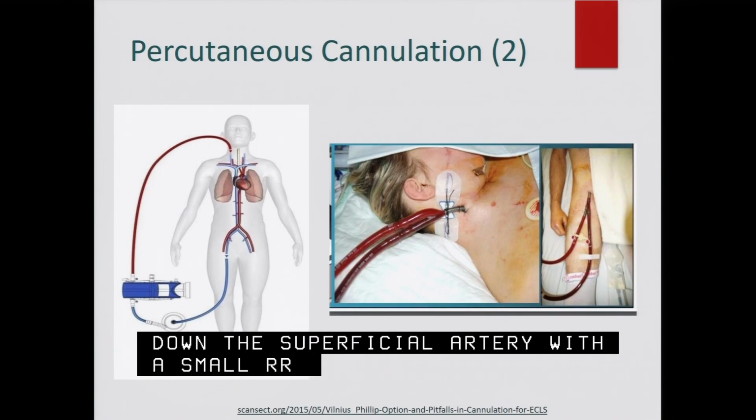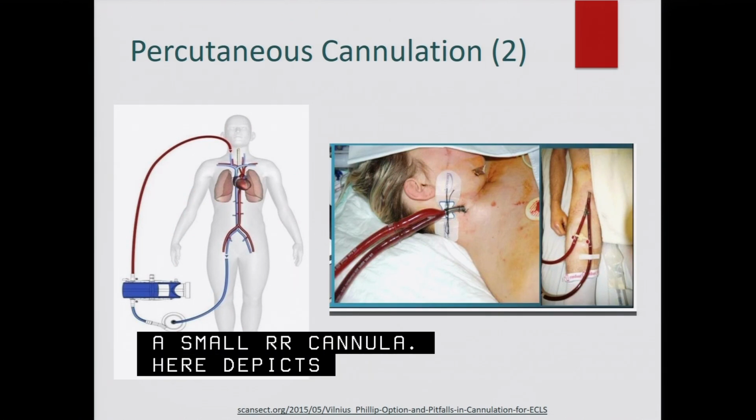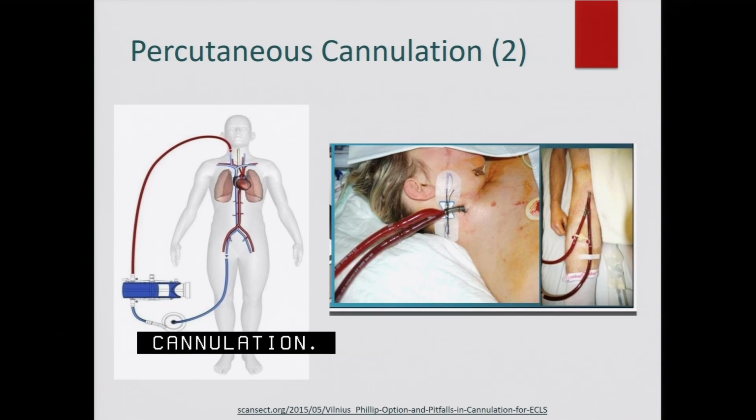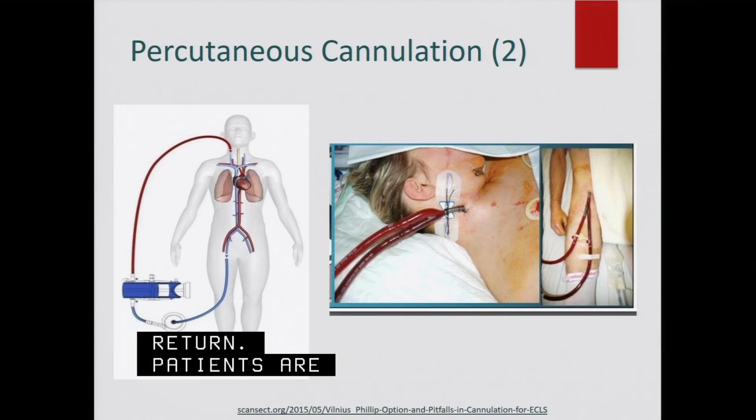Here is veno-venous percutaneous cannulation. In the right-hand slide is a veno-venous single internal jugular cannula, where the cannula has a withdrawal and a return. More typically, though, patients are cannulated with femoral venous access that withdraws blood. It again picks up oxygen and is pumped back into the right atrium.